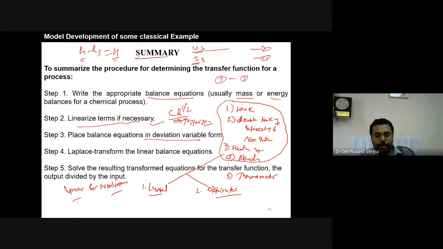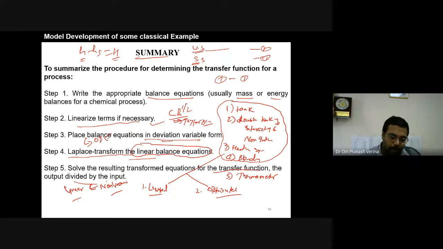With the deviation variable equation, we get the first order differential equation, that is the ODE. Then we take the Laplace transform of that equation, considering all initial conditions zero due to the linear balance. Otherwise you are not able to find the transfer function. So solve this equation and transform it into the transfer function, and overall you find the relation between the output and input. We have already done these things.